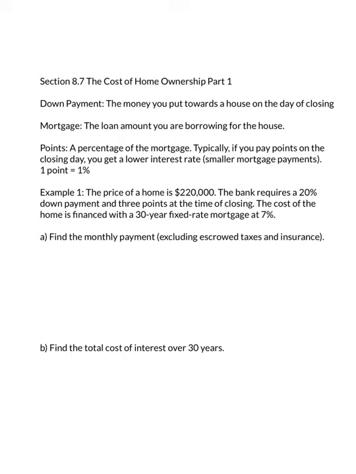I'm going to write it at the top of the screen. The monthly payment, PMT, equals principal P, which in this case is the amount you've borrowed for the house, so it's the mortgage, times R, the interest rate you're charged, converted to a decimal, divided by